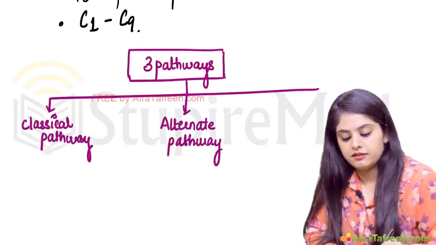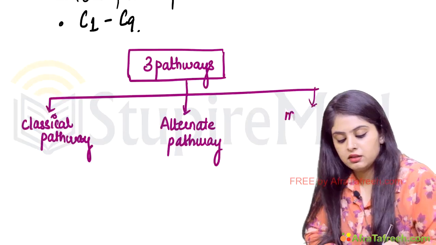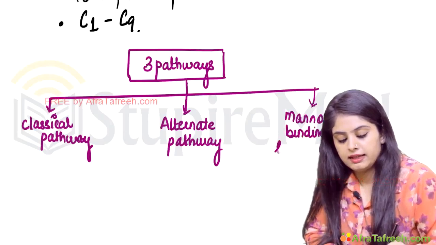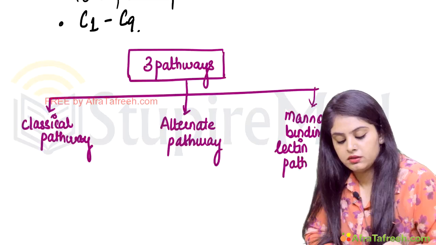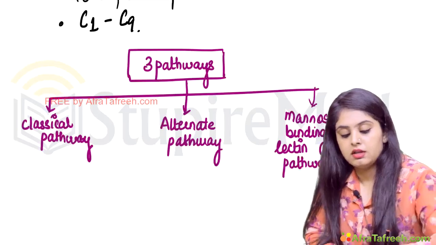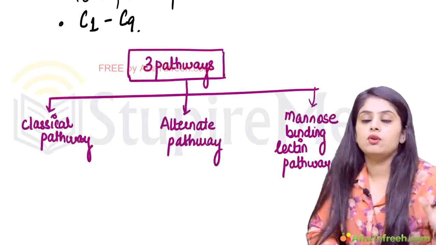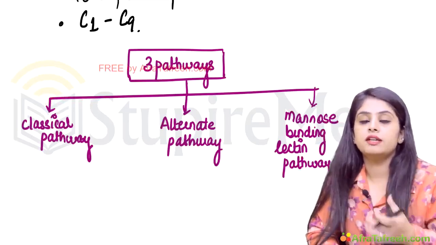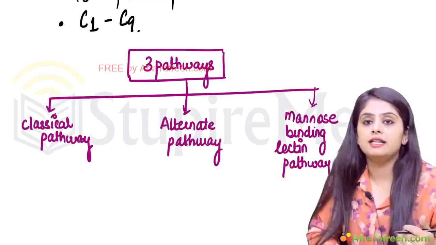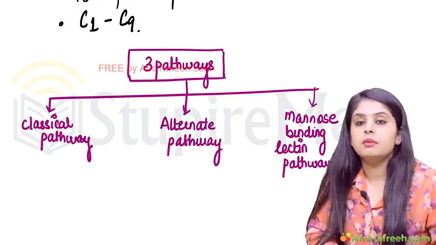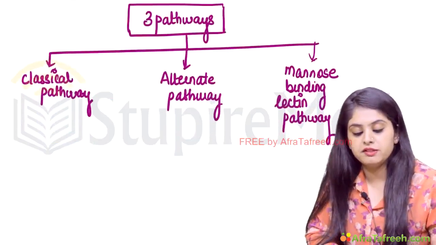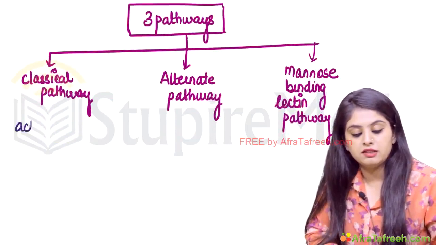And third is referred to as the mannose binding lectin pathway. The three pathways that we have all have their own set of factors which will activate them. Classical pathway, first and foremost, the first difference that you need to know, will be activated by